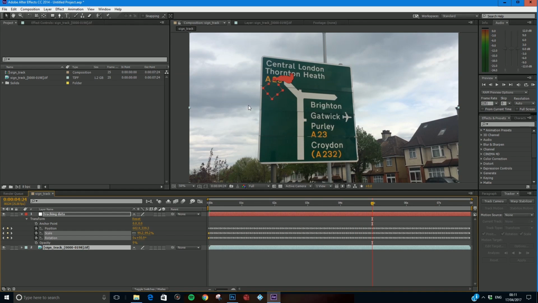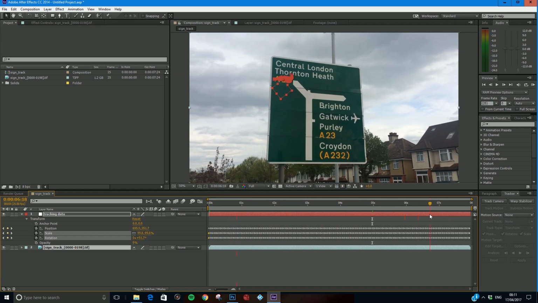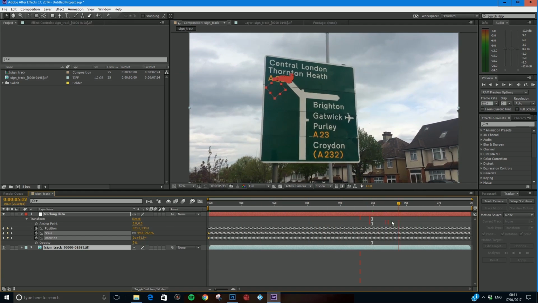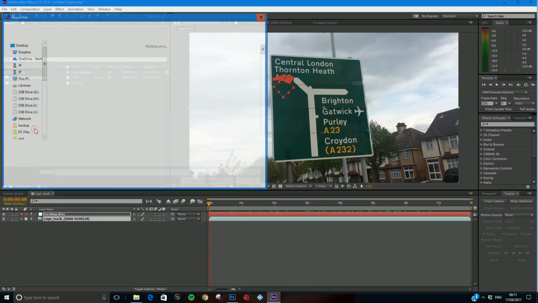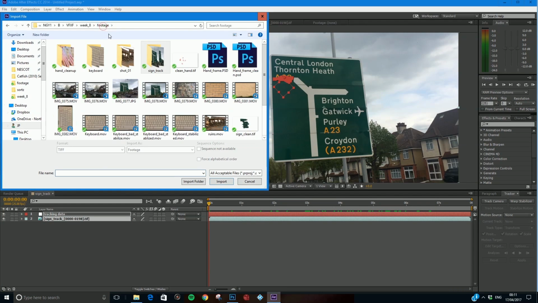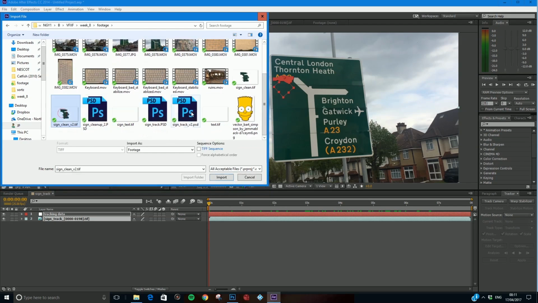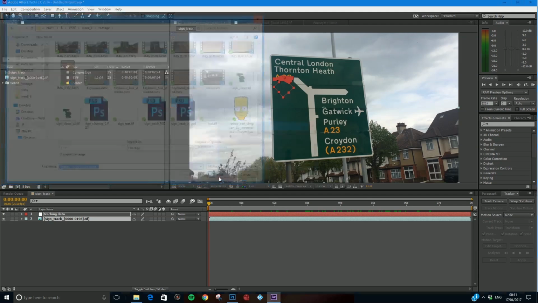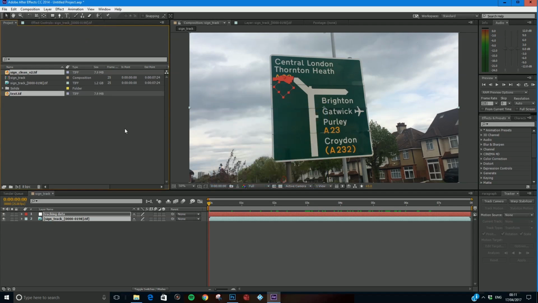So if we come back into our composition window now, you can see that that null object moves with the sign, okay? And so the next thing we need to do is double click. We're going to import our Photoshop work. So we've got sign clean version 2 and text. So I'll import these. Make sure you click pre-multiplied and click OK. First of all, I'm going to drag my sign clean down onto here, and you can see